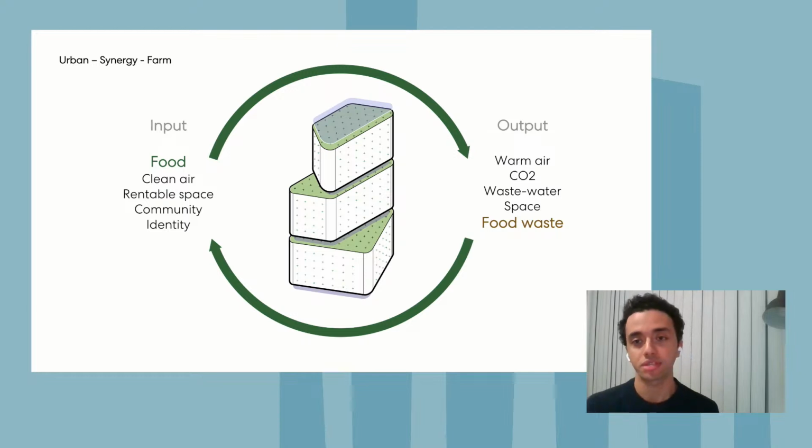And there is an obvious synergy of integrating farms into our buildings. There's the easy understanding that integrating this type of production in our buildings can directly satisfy its occupants with the food supply. You can also benefit from redirecting the food waste from the occupants, which is a lot, back into the systems through an on-site composting or an on-site anaerobic digester to provide direct fertilizer for on-site farming that is